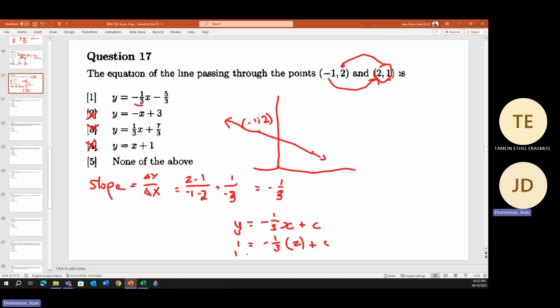So we will get 1 is equal to minus 2 over 3 plus c. So when I then take that negative 2 over 3 to the left-hand side, I will get that c is equal to 1 plus 2 over 3, which gives us 5 over 3,